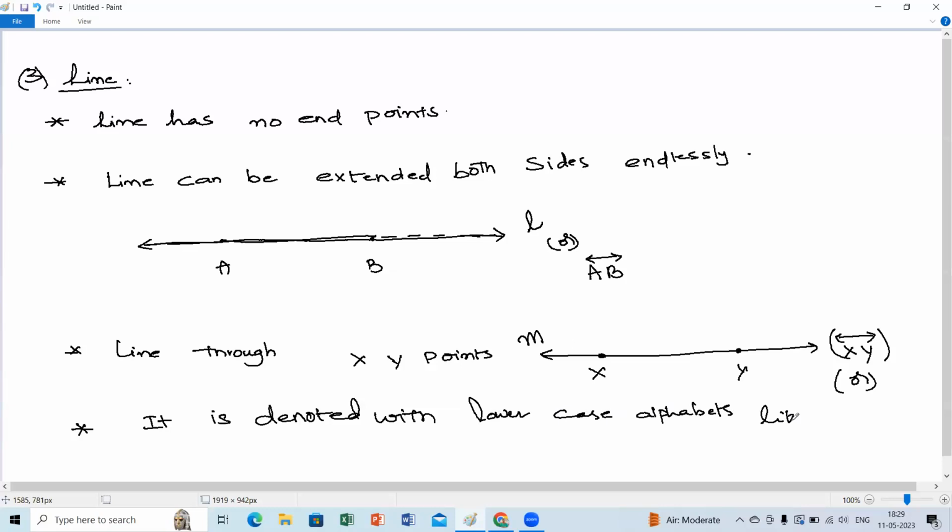Like line L, line M, line N, etc. Not only this, you can write it as even A to Z, any lowercase letter you can take. Different ways we can represent it. Not only this, children, you can write one more point: it can be represented with